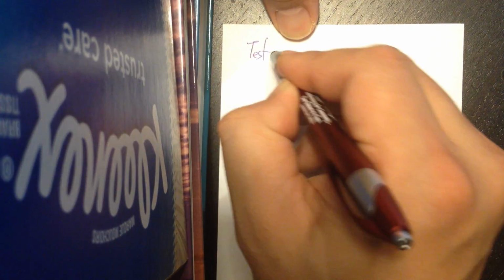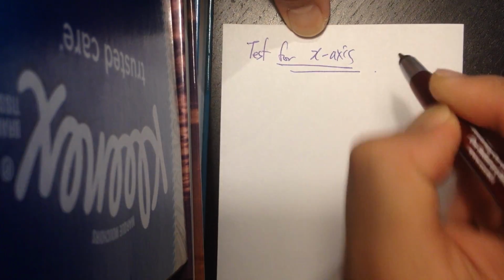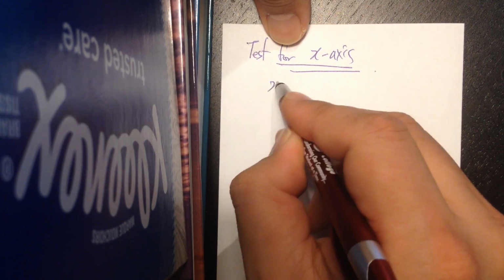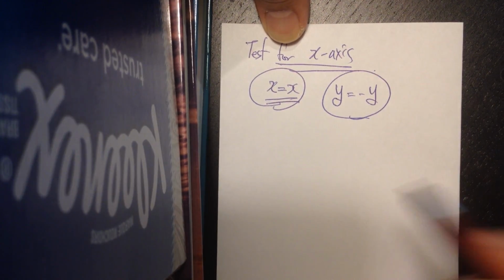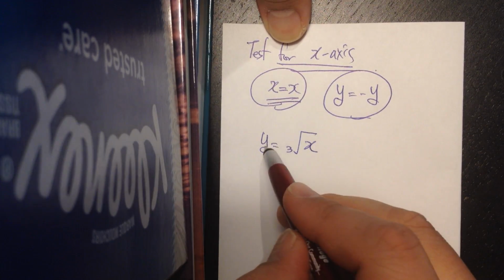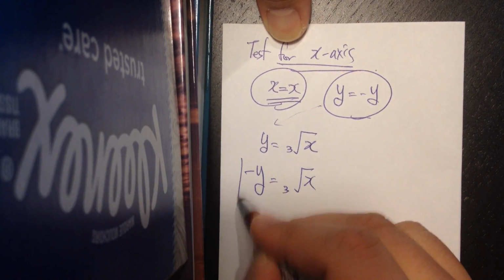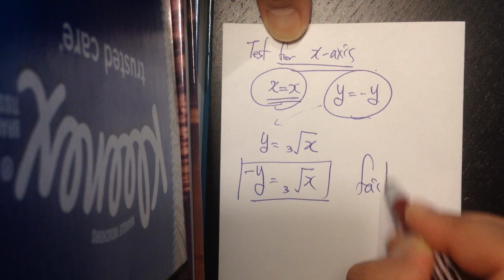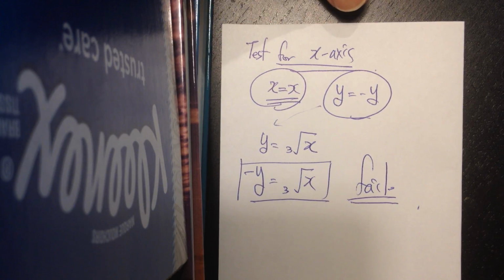Now, suppose we want to run the test for the x-axis. Okay, so obviously then x remains the same. However, y has to be negative y. So here is the original. Now instead of y, we're going to put negative y. I'm hoping it will be the same as the original. No, it failed. Right? So therefore,